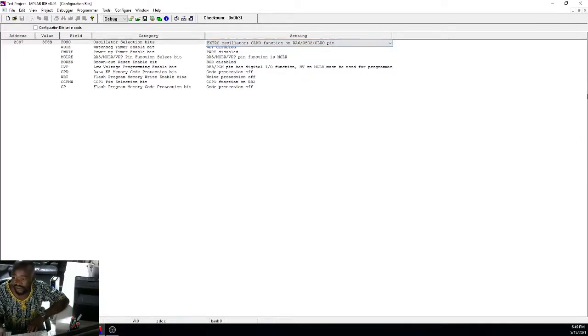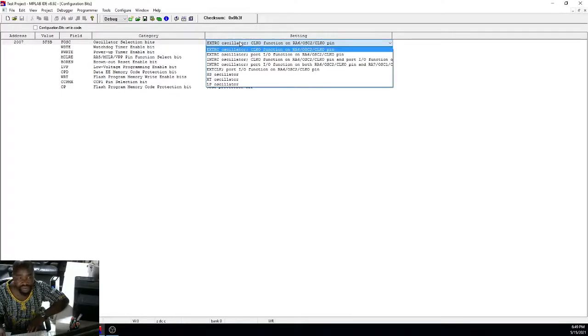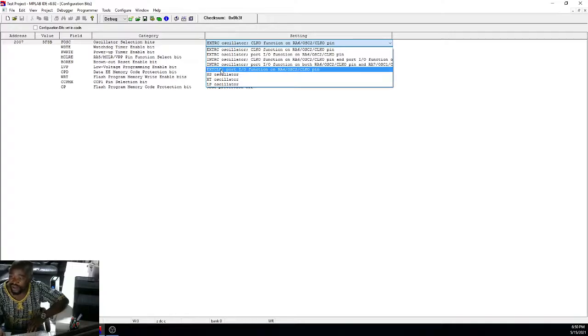Now let's look at the options and what they mean. You have a number of oscillator options: the external RC oscillator with clock out function on RA6, the external RC oscillator where RA6 can function as an IO pin, the internal oscillator with clock out on RA6, the internal oscillator with IO function on both RA6 and RA7, and the external clock, where RA6 is used as an IO, meaning the external clock goes into RA7, right? If you are using an external clock,